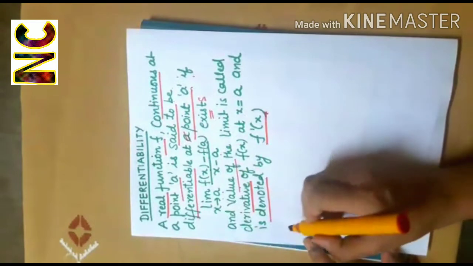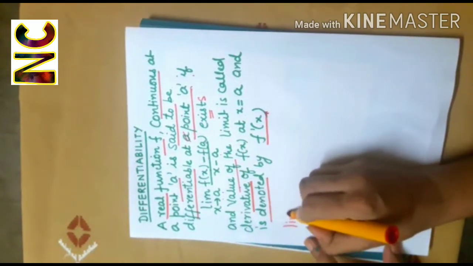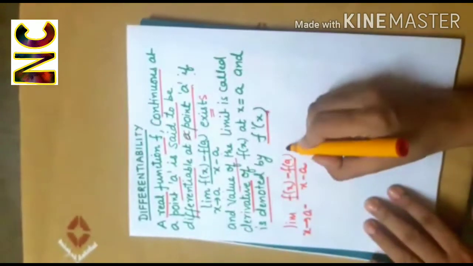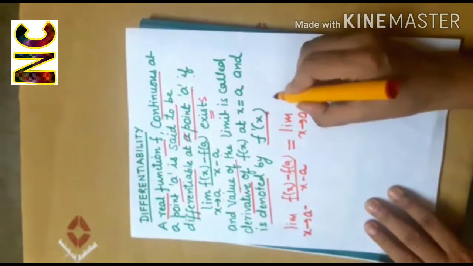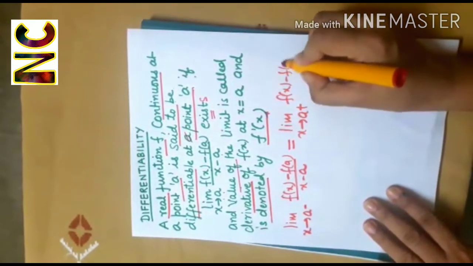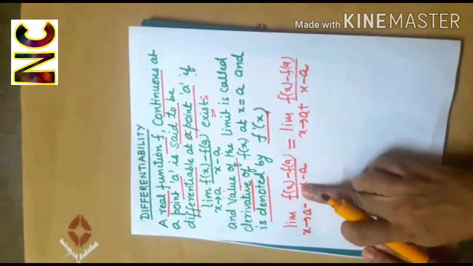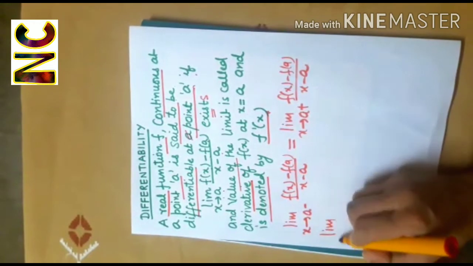So that means the function will be differentiable if the limit as x tends to a minus of (f(x) minus f(a)) over (x minus a) is equal to the limit as x tends to a plus of (f(x) minus f(a)) over (x minus a). That is, left hand limit is equal to right hand limit,